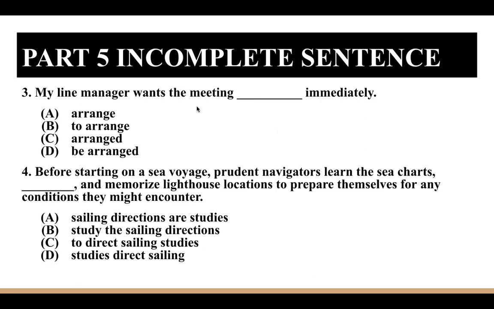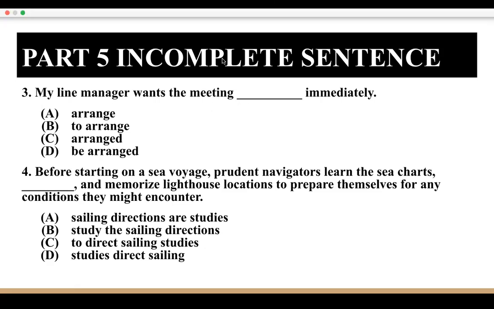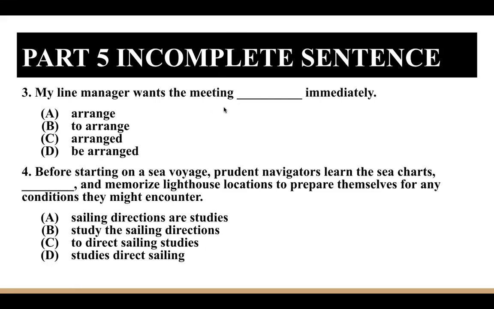But here we can see want the meeting here is that it's for the object, right, of the sentence, which can be turned into passive form, be arranged or arranged once the meeting